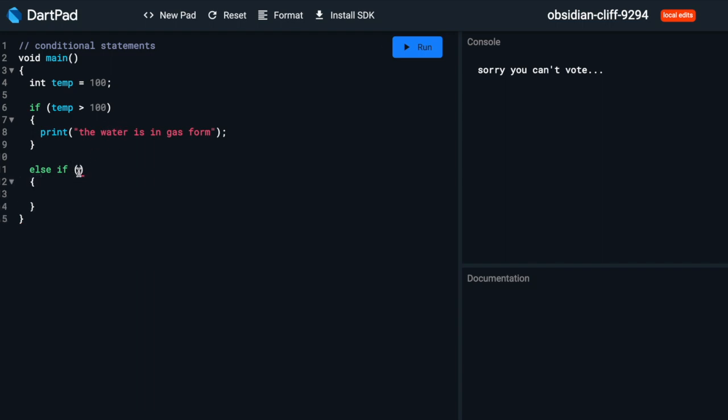So here again, we put a condition, if temperature is, let's say, less than 0 degrees. Then what we need to do? We need to print the water is in solid state. Perfect. Terminate this line. And now we can add our else block